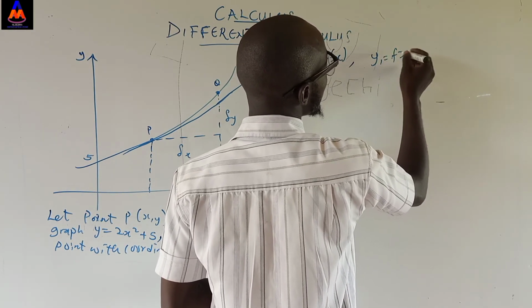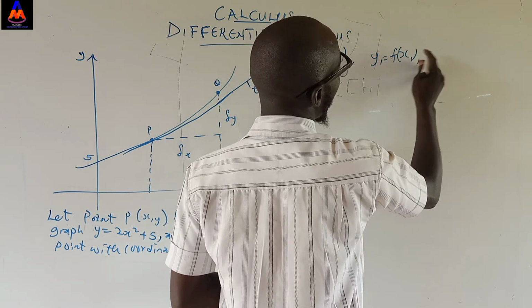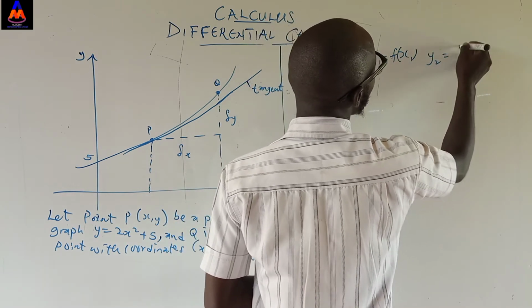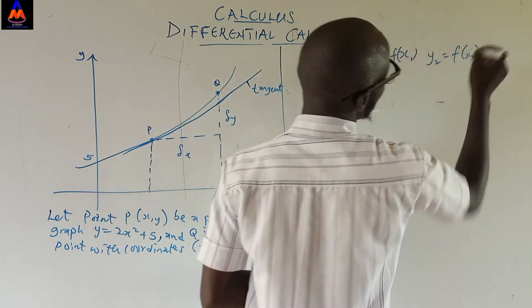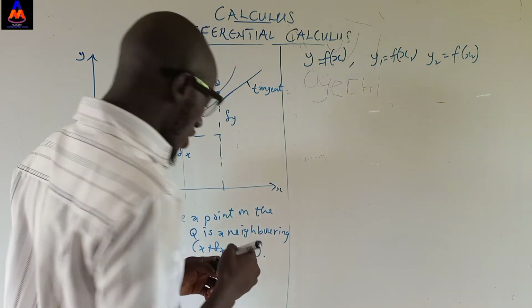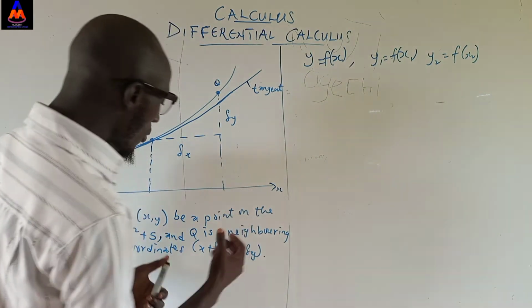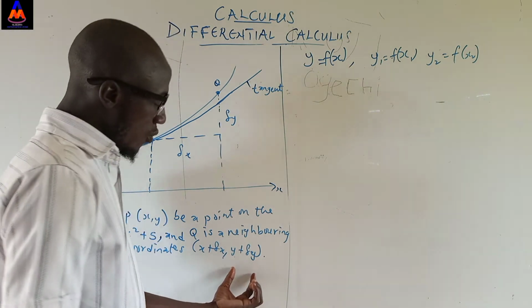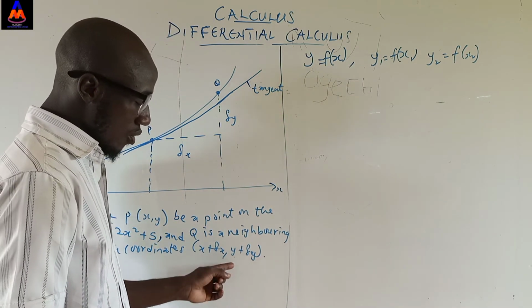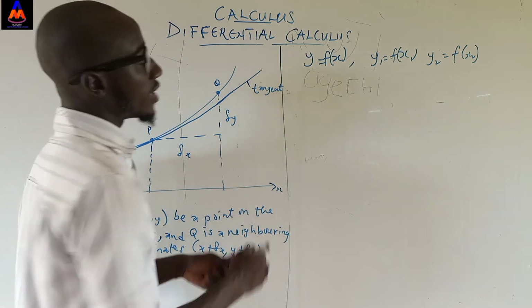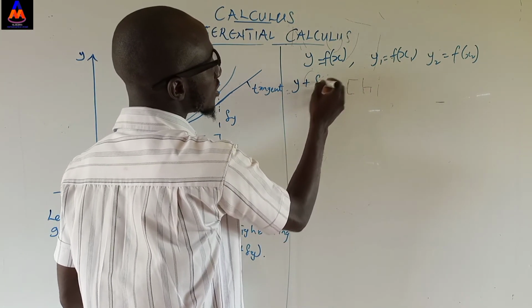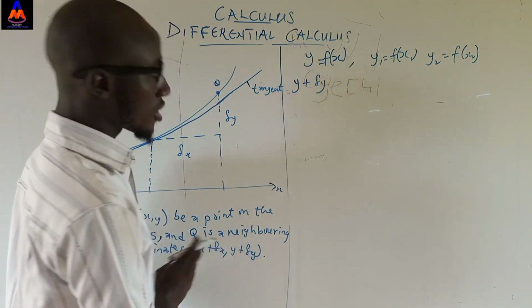We are still using the same explanation. And y2 depends on function of x2. But we are not using that approach again. But what we want to establish is that my y2 here, which is y plus change in y, in this case now, in my neighboring point Q,